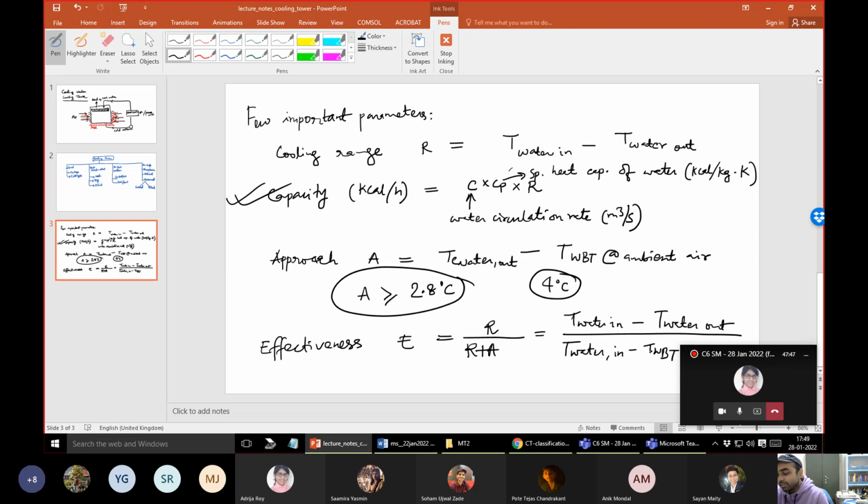Okay, so we'll stop here for today. And then we will continue with the mathematics behind this cooling tower design. So does anybody have any questions on this? There are some other things also regarding the cooling tower operation which we will need to discuss, and that is something we'll talk about possibly in the next class. I do not want to jumble too many things or too much information at one point of time.